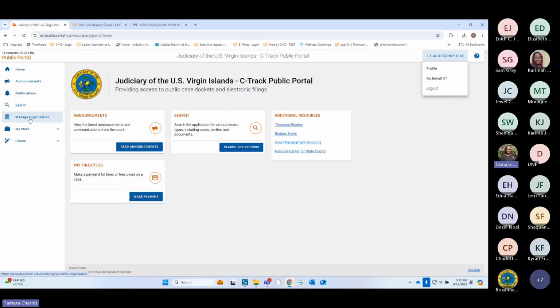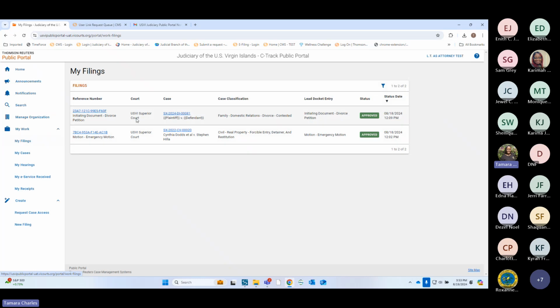And I'm also a legal org admin, so I could bring all my users in and I could make the attorneys and the support staff matching. If I am not logged in as the attorney support staff, I cannot see anything on this side related to the attorney. I know this has been a pain point for everyone that's working as support staff, but I think this is a bit more resolved for you. If you log in, you should be able to see all of the filings that your attorney has made if you're on behalf of that attorney.